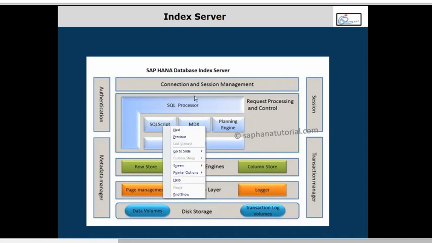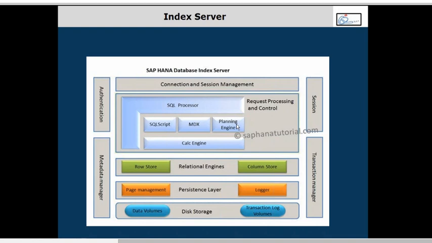But if the incoming request is an MDX query, then it leverages the MDX engine to execute that MDX. SQL is normal relational, and MDX is multi-dimensional, for OLAP engines. And then you'll have the planning engine. This will be mainly used when you work with BW on HANA, because BW will have planning applications like integrated planning. So you execute certain planning functions like copy, repost, distribution, aggregation. There are a lot of planning functions, and all those planning functions are performed by the planning engine.